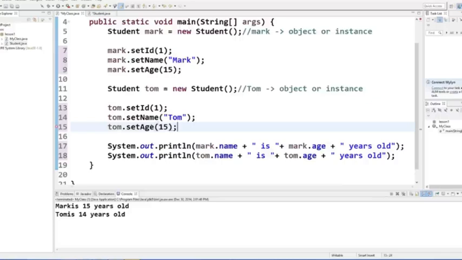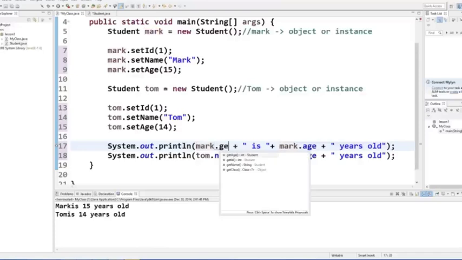So basically what we have done is, instead of a direct assignment, we are assigning values using these getters and setters, and this protects your data from being corrupted if somebody wants to corrupt your data or something like this. Okay, and to get these values, you just call mark dot get name